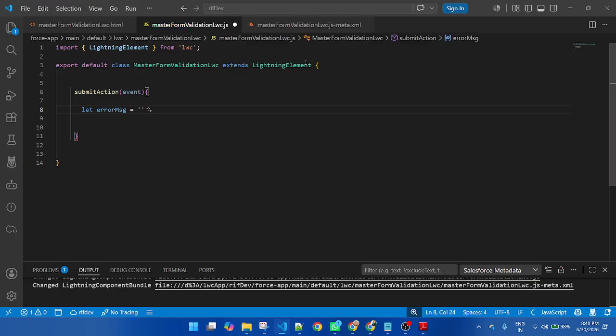So use, please fill that. It will be common for all of the input fields, and create another one, let required input field. For the required input field, I will get all of the input field values based on this class.